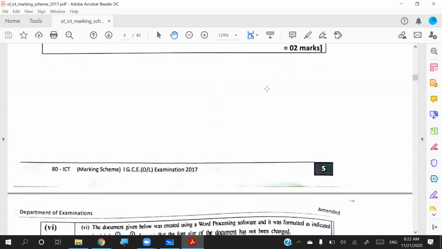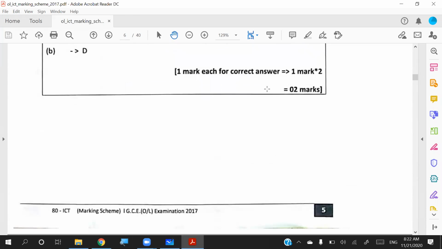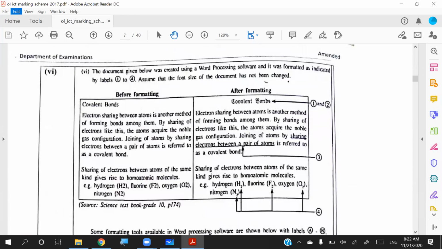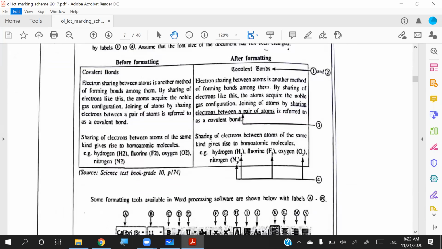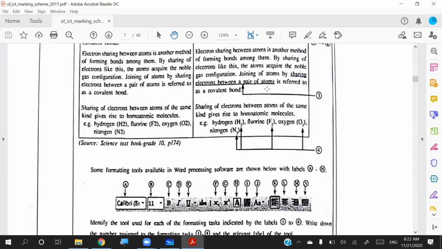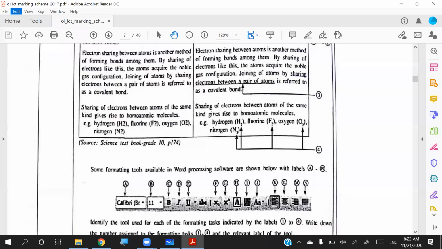Right. Moving forward, the sixth part. The document given below was created using the word processing software, and it was formatted as indicated by labels 1 to 4. Assume that the font size of the document has not been changed. So what you have to do is you have to compare the things, or you have to see the modifications and